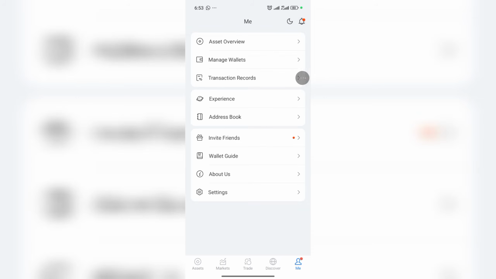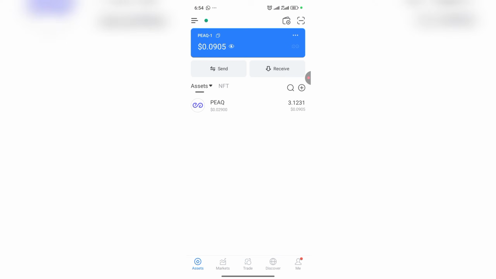All right, so I've successfully imported my wallet. Now let's check it out. Asset. Now I have my Peaq. I have 3 Peaq here in my Peaq wallet. Do you understand? Now the next thing we want to do is to add our USDC token on the